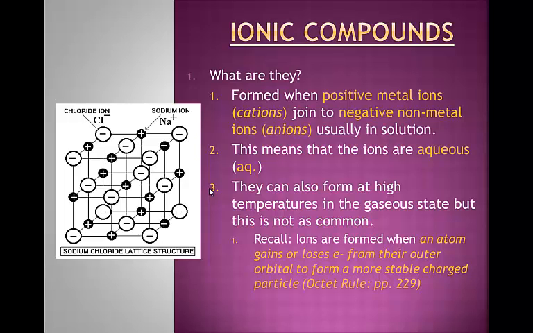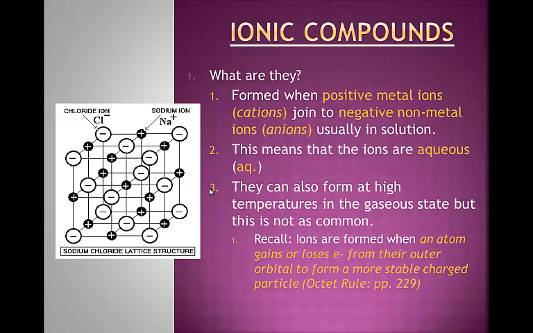And we talked about last class the fact that ions are atoms that have gained or lost electrons in order to have a positive or negative charge. So remember that when we look at metal ions, they are positive. We call them cations. They will join with negative non-metal ions. We call those anions because we know from Science 8 in electrostatics